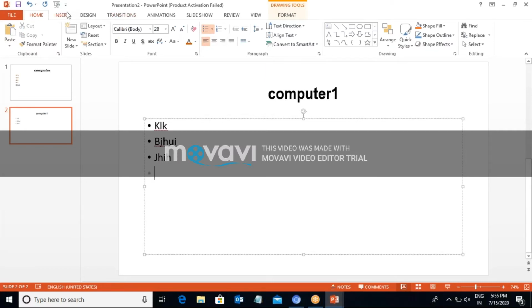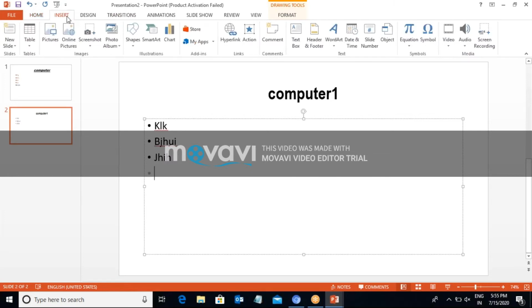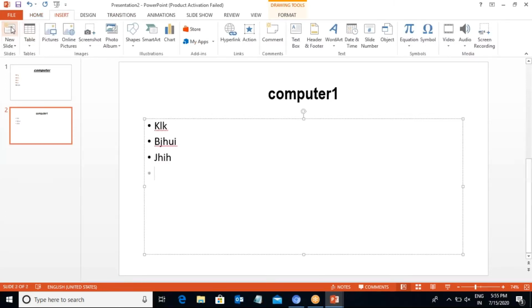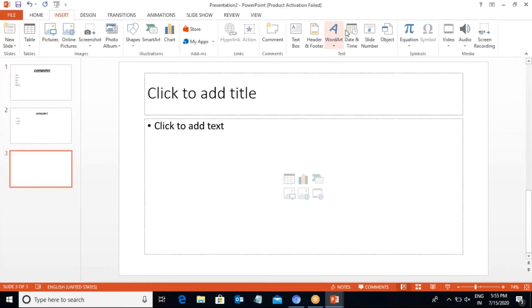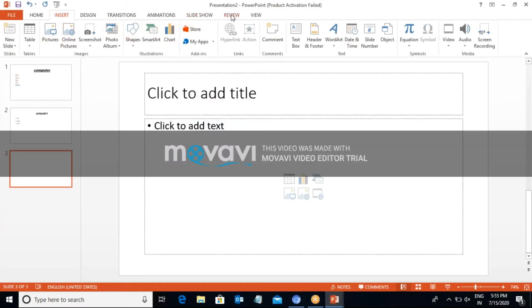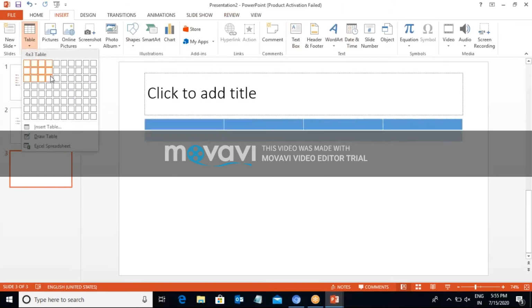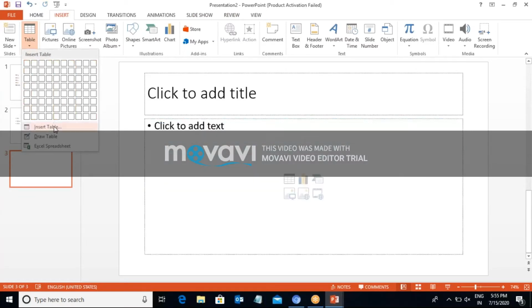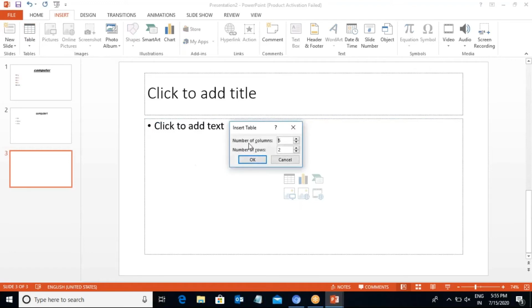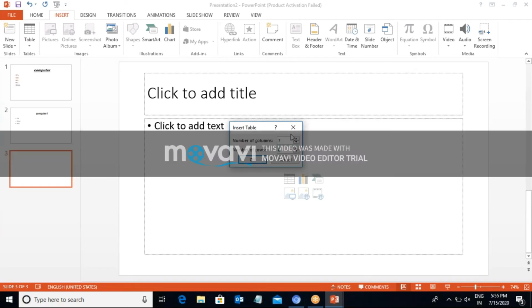Next, we are going to the Insert button. Then again we click the new slide and a number of options are shown: table, pictures, online pictures, screenshots, photo album, shapes, SmartArt, charts used in mathematical form, and WordArt. It depends on you. For example, I create a table. You can select it in this table option or create a table using insert table. Then select the number of rows and columns. I select 7 columns and 4 rows and then click OK.